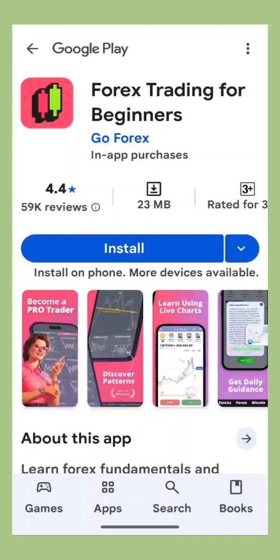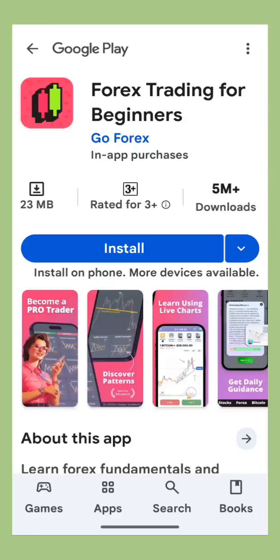Okay, let's unpack this. Imagine standing at the edge of the vast, sometimes turbulent ocean of Forex trading. It's a big one. Yeah, and for many, just dipping a toe in feels intimidating, right? With real money on the line and this endless tide of information. So today we're taking a deep dive into how you might navigate these waters, specifically looking at a fascinating learning